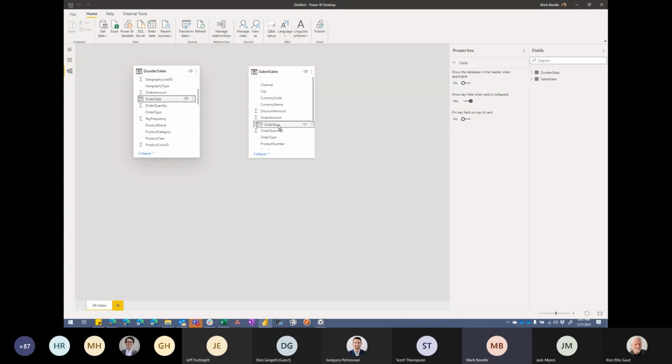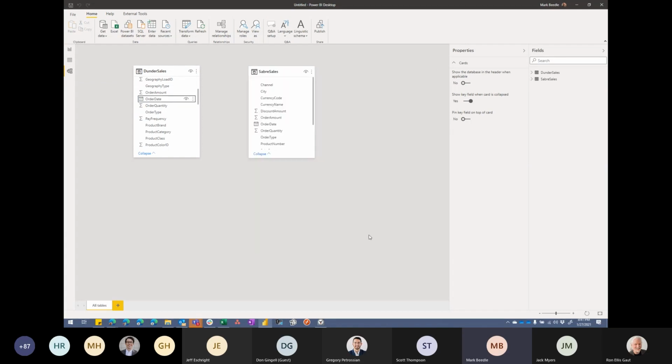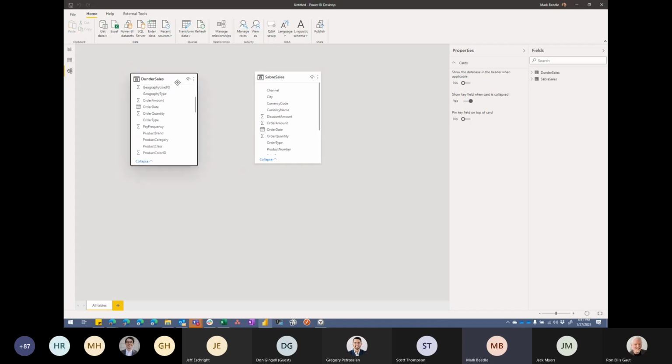I could do, I guess, order date to order date, but then I get this many to many warning, so I don't like that. I don't think there's a way I can relate these tables because everything I read says it should be a one to many. So let's forget about that yellow button and get into Power Query.